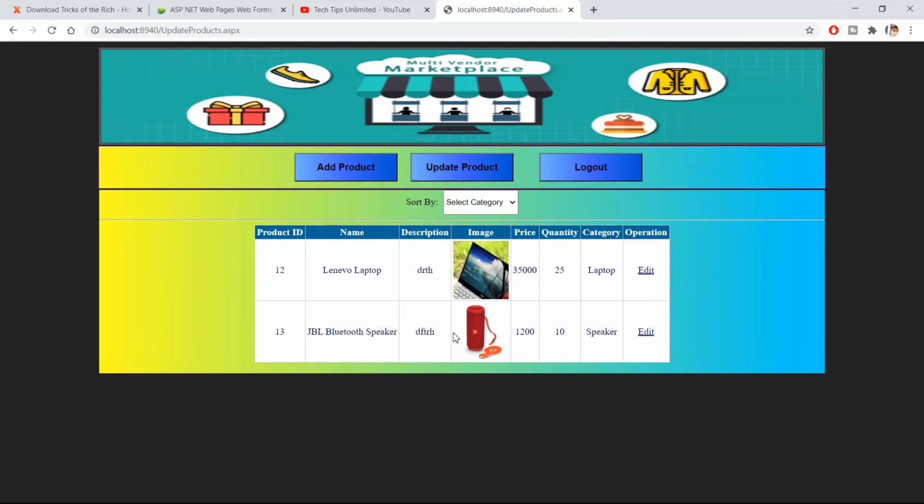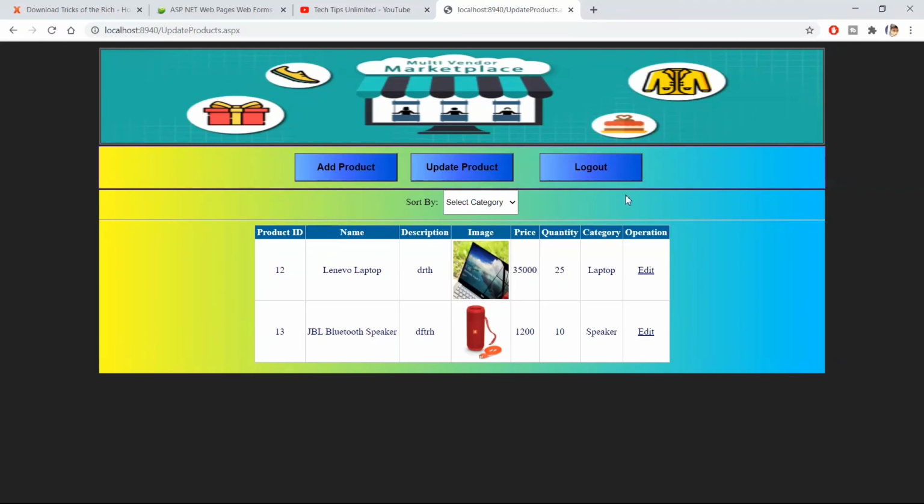Now this vendor can update these products. No other product will be updatable because no other product is going to display here, given the query based on the email ID and the role ID, it is going to display only those products for the respective vendor. But admin can edit any product because admin can see all the products which have been added in this project because he is an administrator, right? He has all the rights.